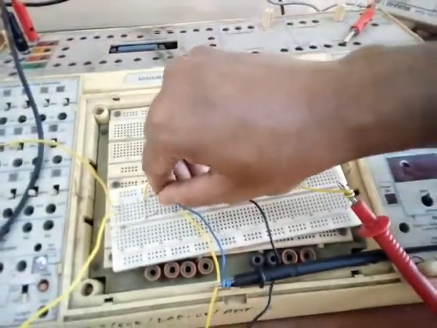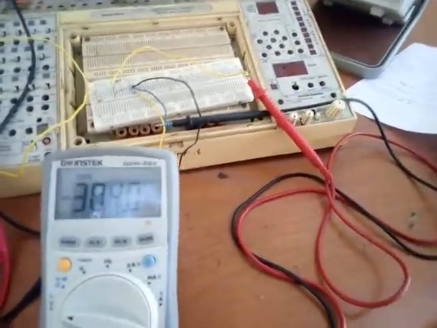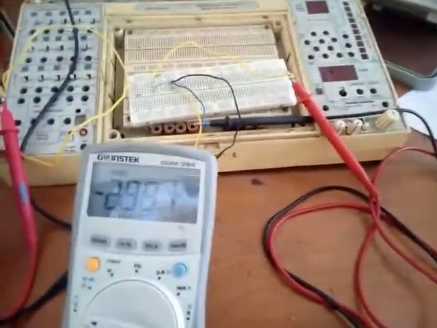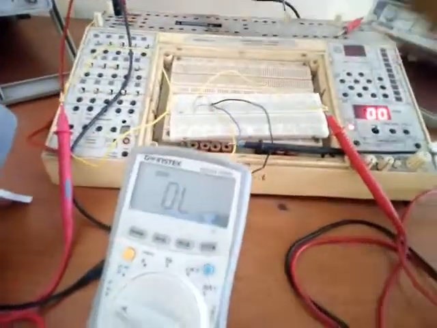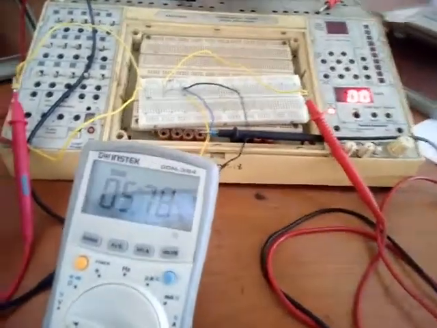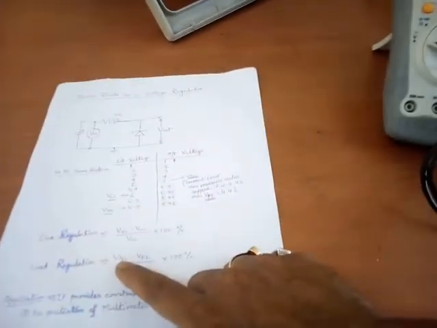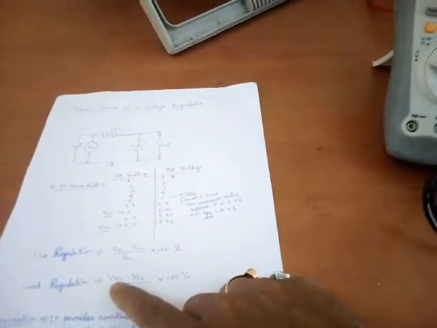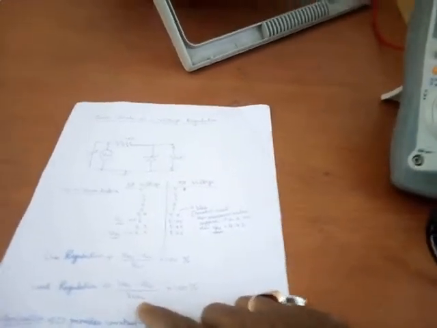Connect properly. Now what is the previous value of Vout? That was 5.98, that is for no load. Now the load is connected. Now we check the output value. It is 5.78. So 5.78 is the VFL, that is full load. So you put the values, that is VNL is 5.98 and VFL is 5.78, by 5.98. So we get the load regulation.